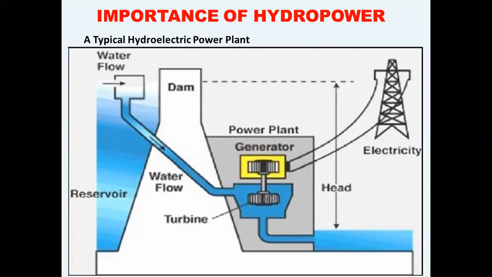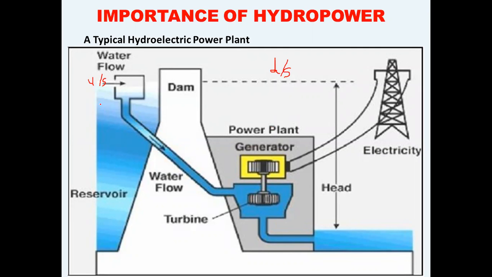Now, just to give a brief overview of how electricity is generated with the help of hydropower, what we do is we construct a dam. After constructing a dam, the water will be stored on the upstream side of the dam, and this stored water is known as a reservoir. This is the upstream side of the dam in which the reservoir is available, and this is the downstream side of the dam. Now you can see there is a great difference of height, or great difference of head of water, on the